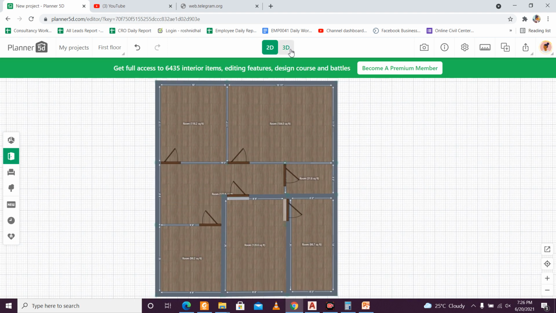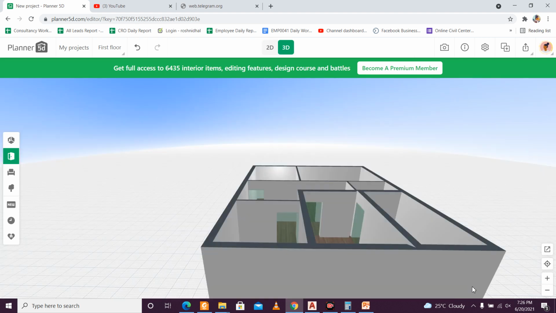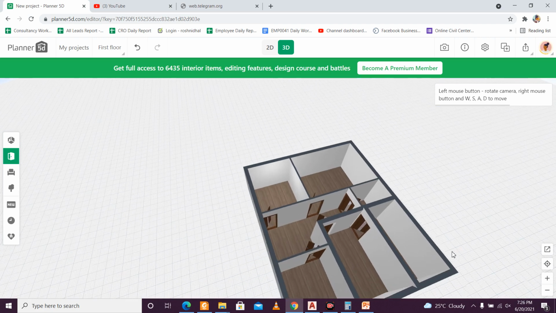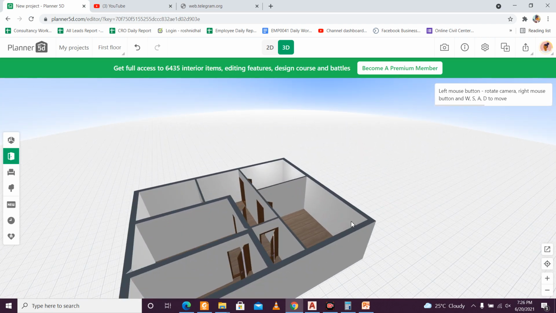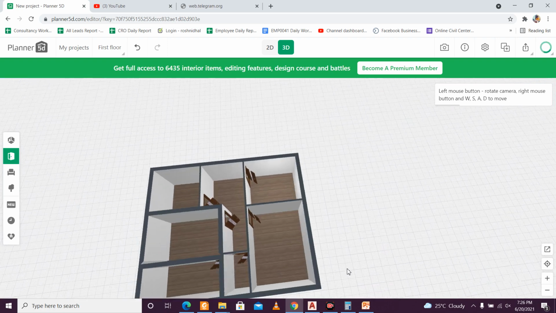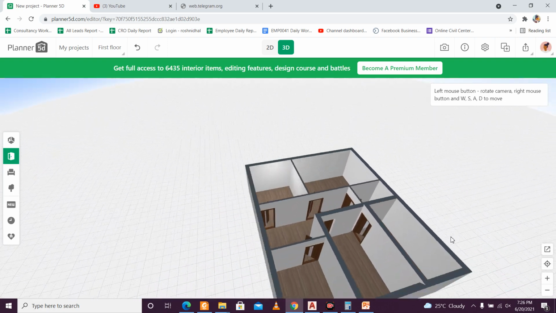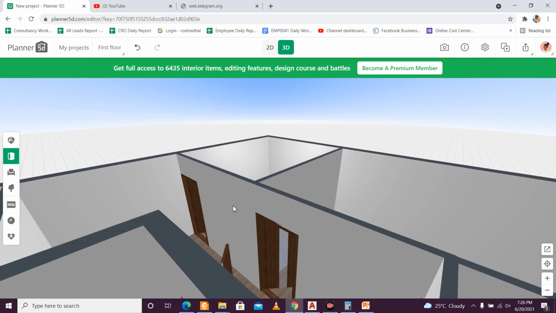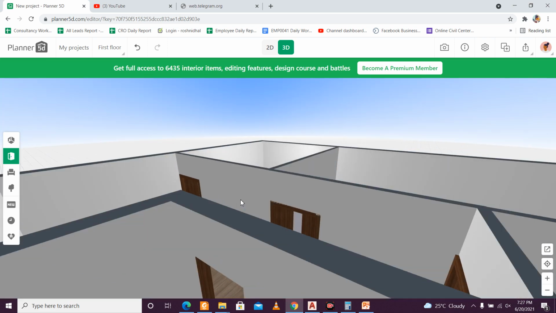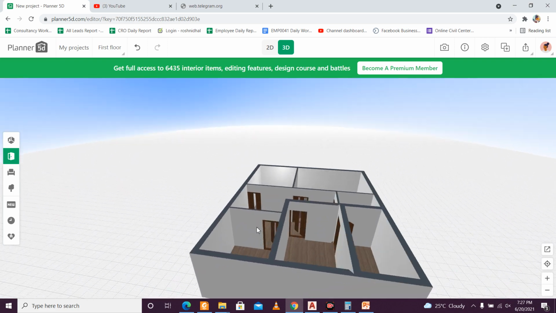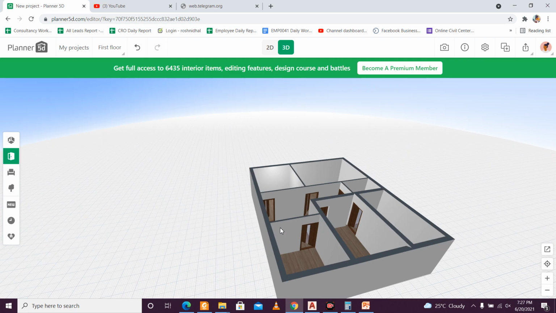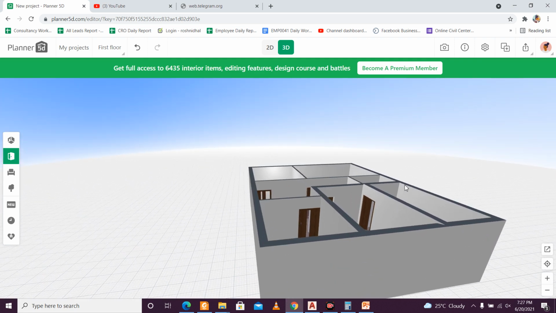So let's check. It will be interesting to check the 3D of the plan right now. It will take some time, I think, to present the doors. So it is okay. It is really quick. That was really quick. I didn't expect it to prepare the 3D view that fast. So as you can see, these are my doors which are ready in the 3D view as well. So anyone without any knowledge of CAD can make a plan. So this is a pretty cool feature which it has had till now.